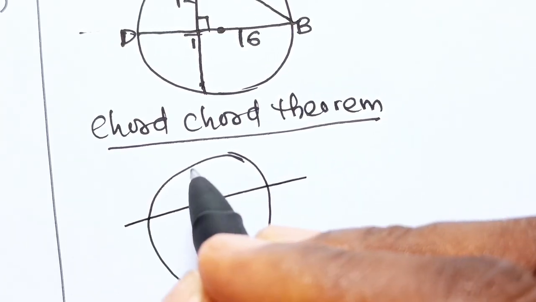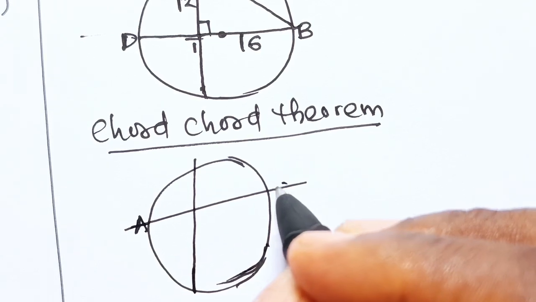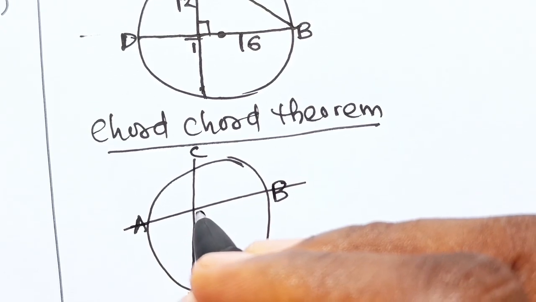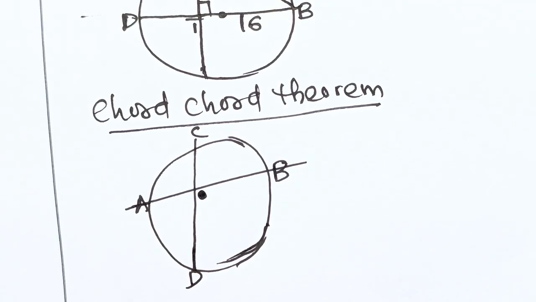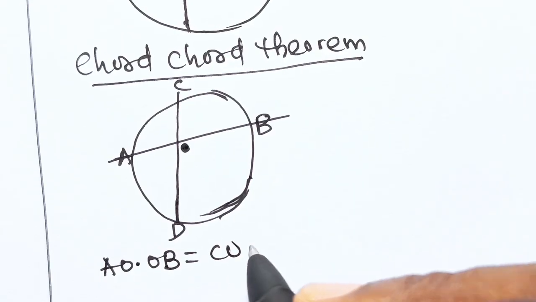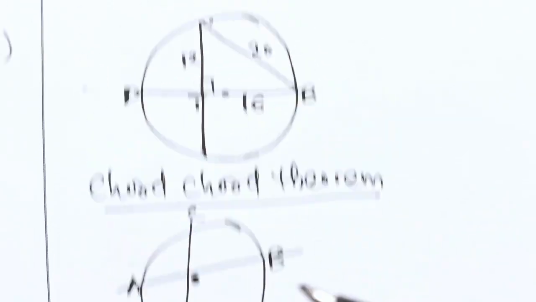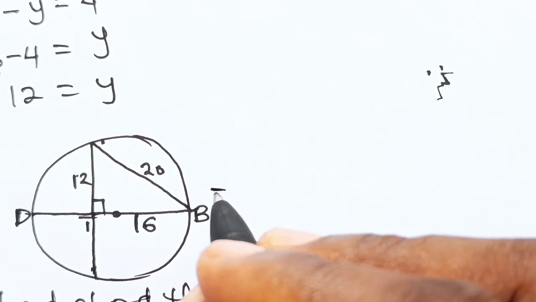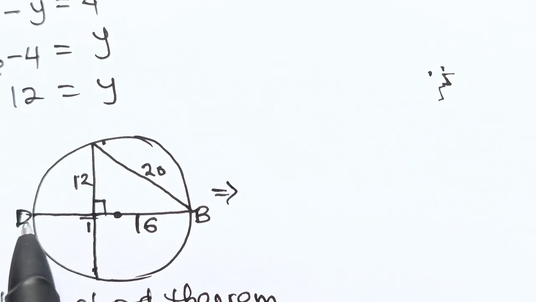If two chords meet each other, okay, let's call this chord AB and call this chord CD and call the meeting point O. AO multiplied by OB is equal to CO multiplied by OD. Okay, now if we shall apply that to this point, it simply means that DT